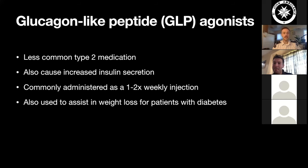The other big thing is that they decrease gastric motility. So essentially it takes more time for the stomach to empty, which in turn basically decreases the amount of stuff you can fit into your stomach, which decreases your hunger, overall decreases your intake, and assists with weight loss. So you will sometimes see type 1 and type 2 diabetic patients taking this medication or similar medications simply because of the effects on the gastric motility and just for an assistance with weight loss. Largely because diet, exercise, and a healthy body weight are really important parts of particularly type 2, but also type 1 diabetes